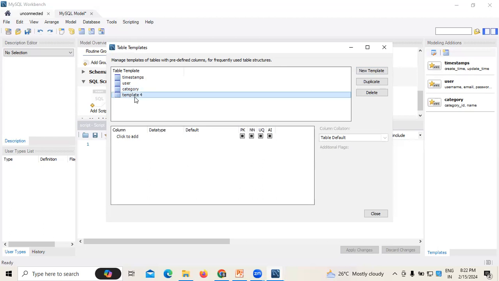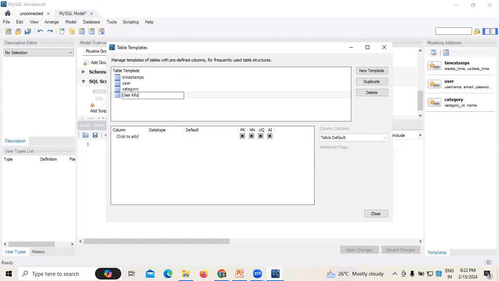already. But when we want to create a new template, here you can see there is an option called new template. Template 4, okay, this is the template 4 which we have done. So here, if you want to click add, this adding details is something which we have to update, right? If you want to add any kind of details, because table 4 was added, for example, right? So table 4, I'm just mentioning it as